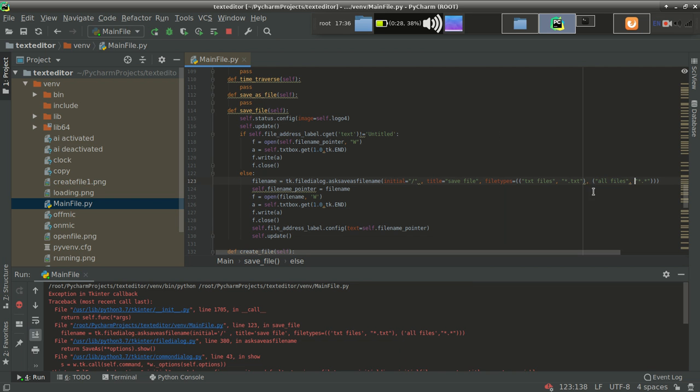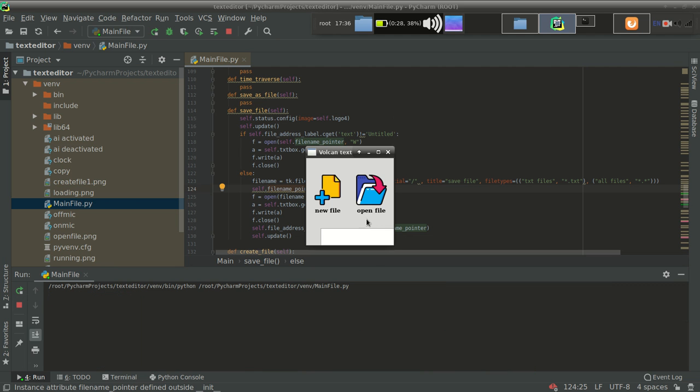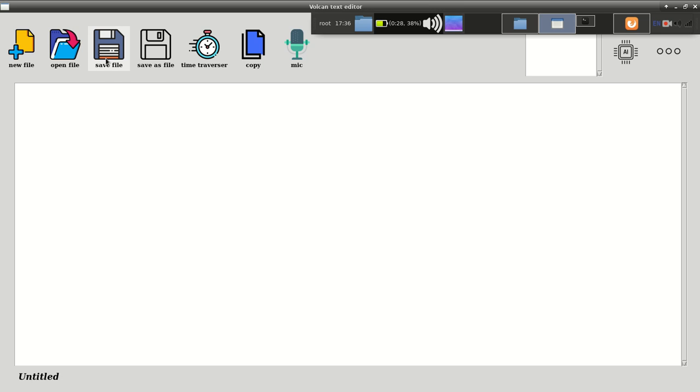This is the bug, I don't think so. File types is fine. File name pointer is also good. Again it has thrown.